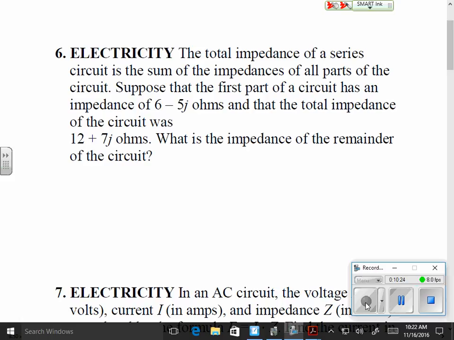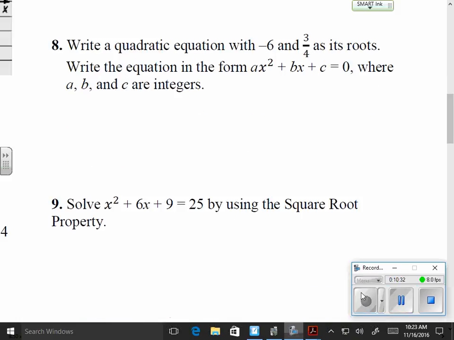We're going to skip 6 and 7. On number 8, we're going to write a quadratic equation with -6 and 3/4 as its roots. We're going to put it in standard form so that a, b, and c are integers. So if those are the roots, if x equals -6 or x equals 3/4, then if we set those equal to 0, that means x plus 6 is equal to 0, and